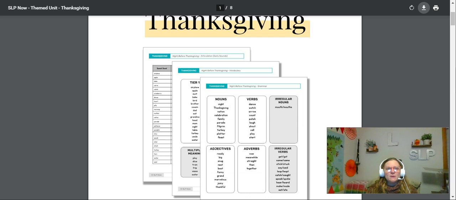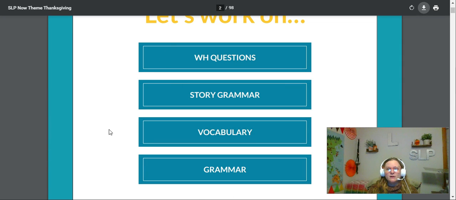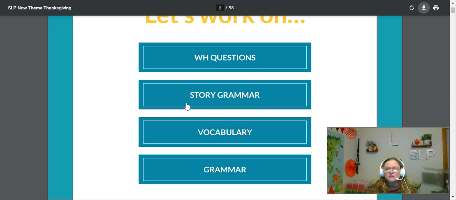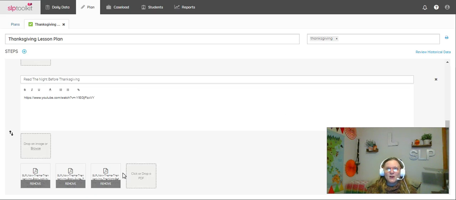And so I'm going to have these downloaded, and I'm going to add them to the SLP Toolkit materials. There's also this no print, which you click to work on WH questions, story, grammar, vocabulary, and grammar. So I'm going to do that now. All right, so we have all 3 of the worksheets added to our section where we're going to read the